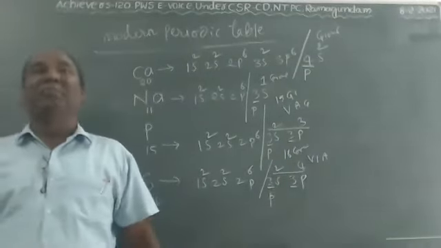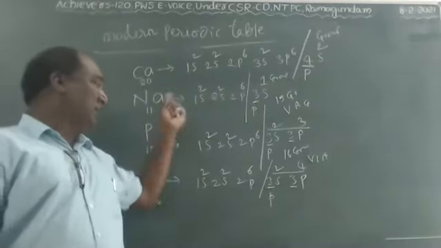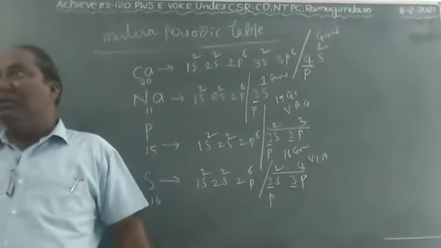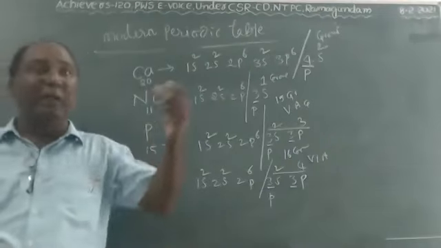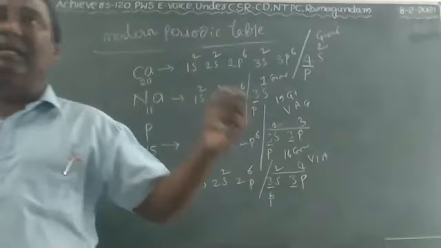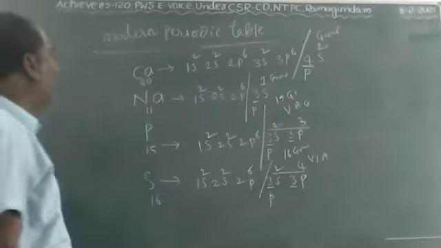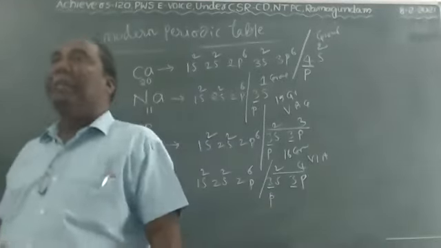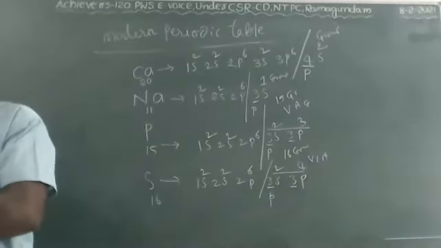So that's why everybody must learn up to 30 elements and practice which group and which period each element belongs to. For groups, check the vertical column. For period, check the horizontal row. Based on that, we can identify which group and which period a particular element belongs to. So this is today's topic, children.